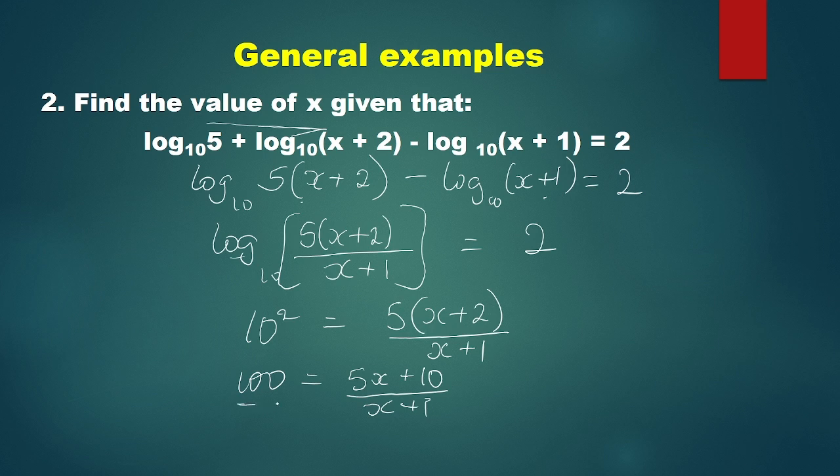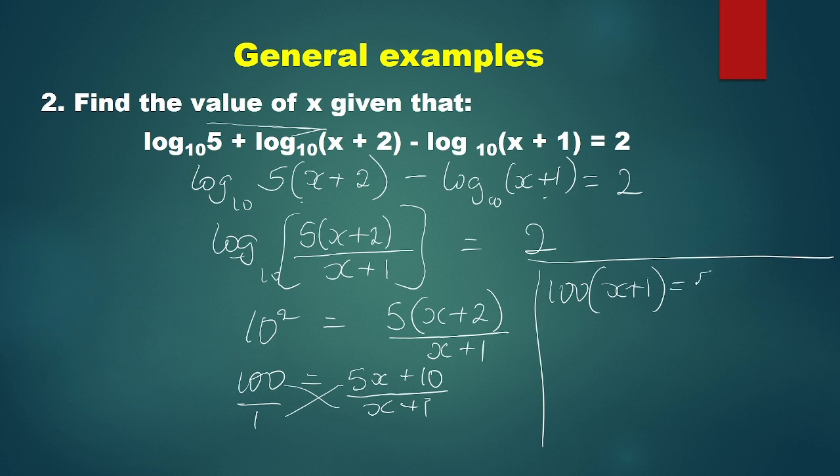The easiest thing to do here is to simply cross multiply. And to do that, we'll end up having 100 times (x + 1)